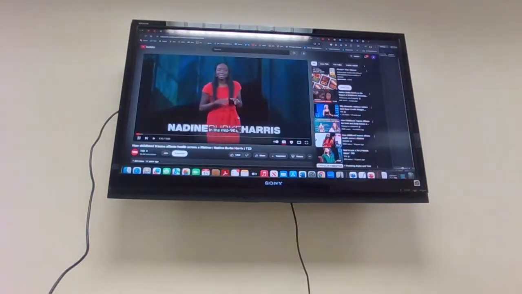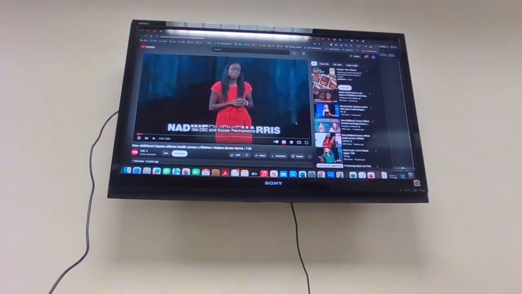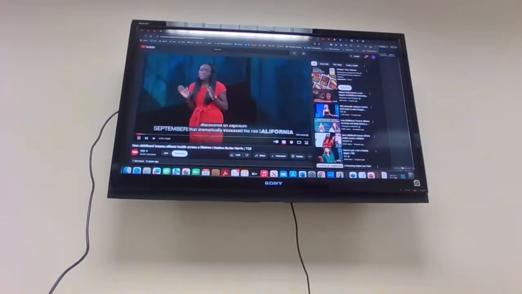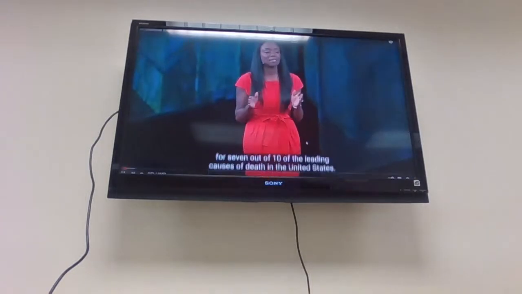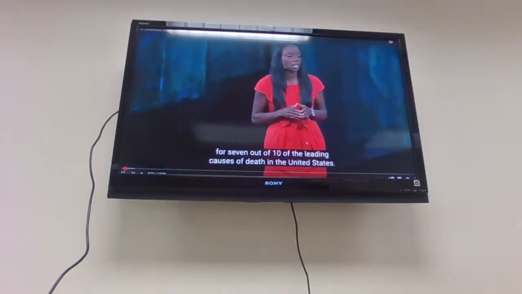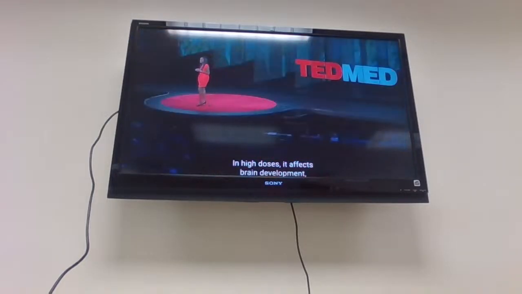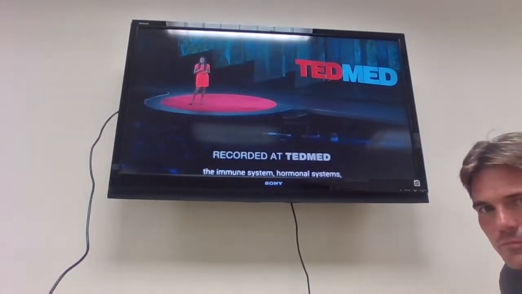In the mid-90s, the CDC and Kaiser Permanente discovered an exposure that dramatically increased the risk for 7 out of 10 of the leading causes of death in the United States. In high doses, it affects brain development, the immune system, hormonal system,